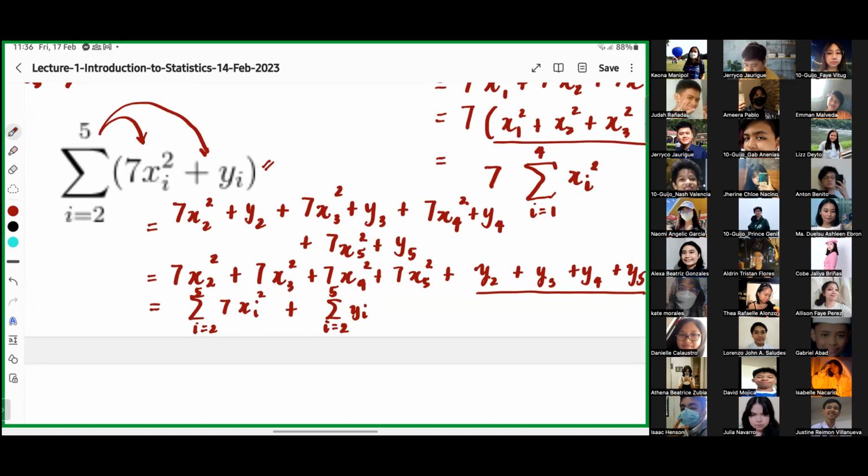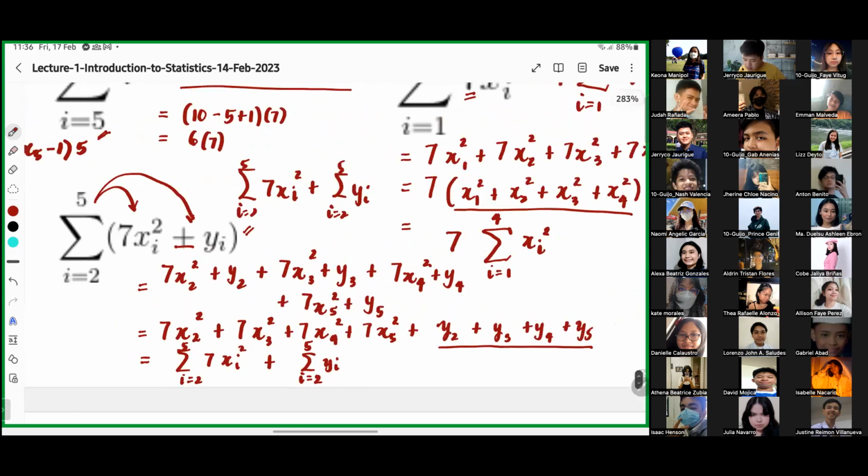Itong ini-expand mo. Alright? Ano nga tawag dito? Sa loob? Sigma. The sigma notation, what you call yung argument na nasa loob. So for now, let's call it argument. Pag naalala ko, I'll just post it on the discussion forum. So pwede mo siyang i-distribute. Pwede rin siyang i-distribute kahit minus to, ha? Okay? So equal yan daw yan sa summation of 7x sub I squared, I equals 2 to 5, plus summation of y sub I, I equals 2 to 5. Yeah, pwede mo daw siya separate.